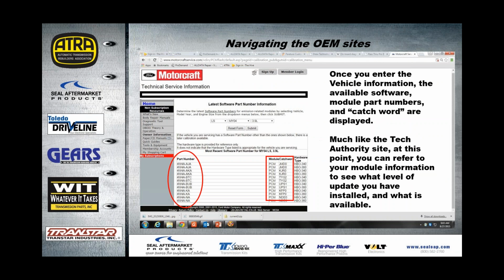And with that in mind, that's going to take us to a similar page to what we were at on the Chrysler site. And we're going to have the part number of the hardware. We're going to have the module type. In this case, I just punched in a Lincoln LS, model year 2004, with a 3.9 liter motor. And it's also going to give you the catch phrase or the catchword, like Ford likes to call it. It's going to be like a 4-character code that they use,